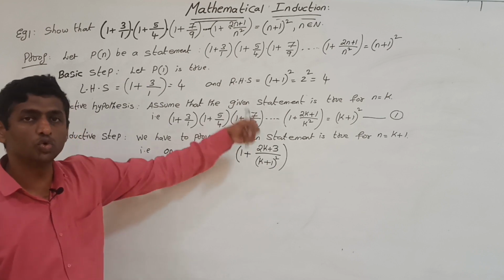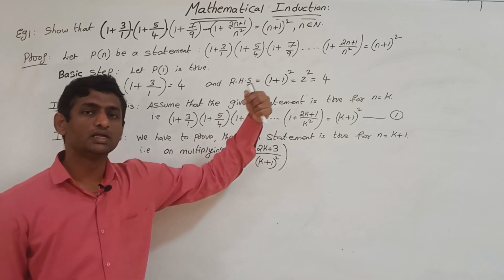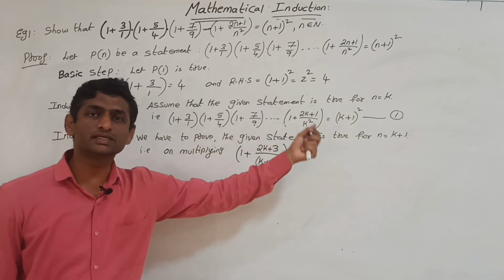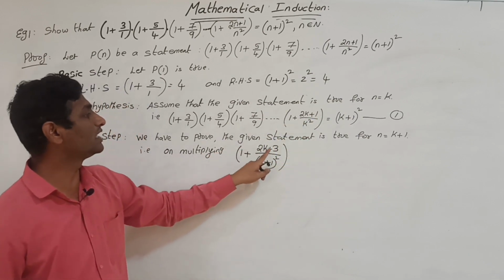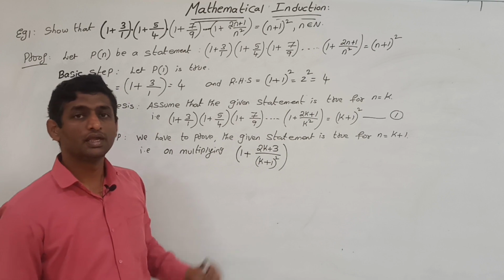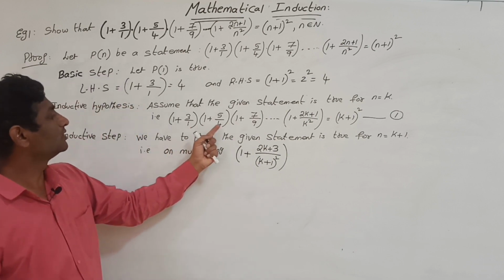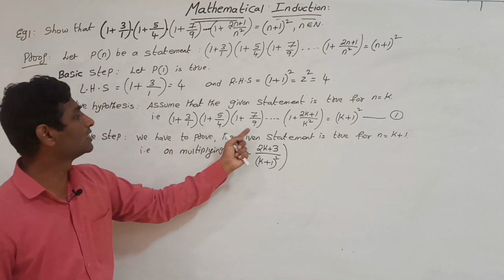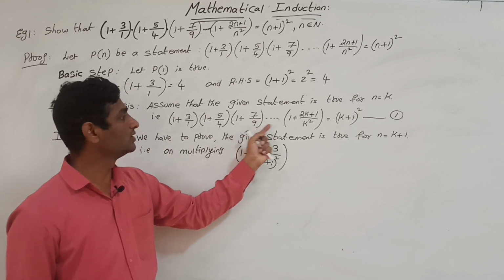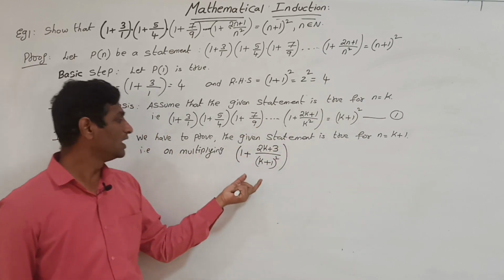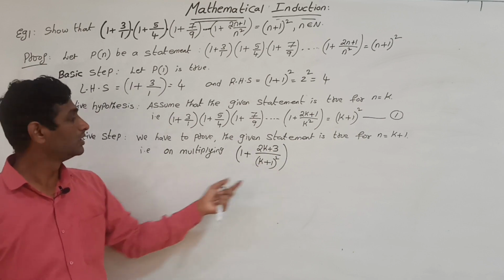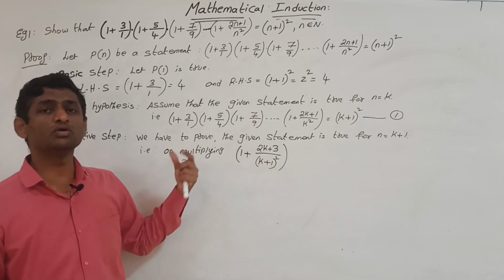If you add 2 to the previous term, you will get the next term. So for this also, if you add 2, you will get 2k plus 3. In the denominator 1 square, 2 square, 4 means 2 square, 9 can be written as 3 square, similarly k square. So our next term in the denominator is k plus 1 whole square. So this is the term we have to multiply